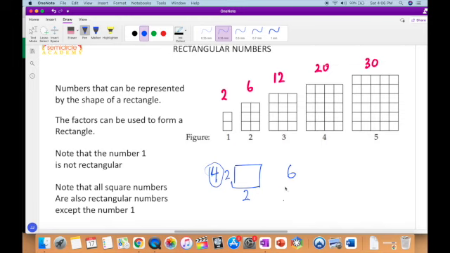But 6 does have factors. 2 times 3 is 6. So I could represent 6 as a rectangle, a rectangle 2 times 3, right? Or what about